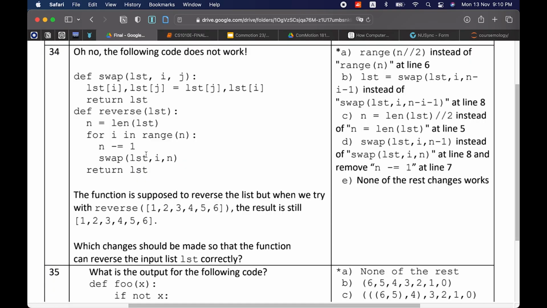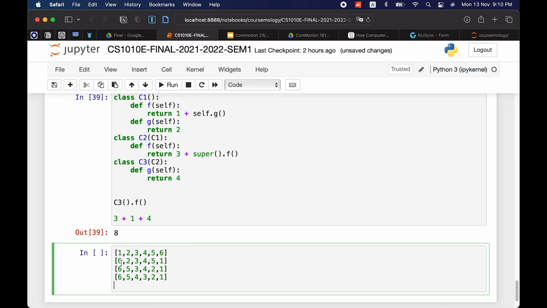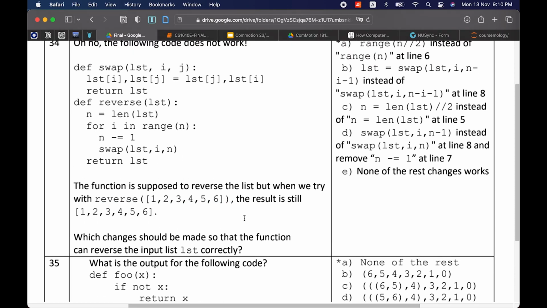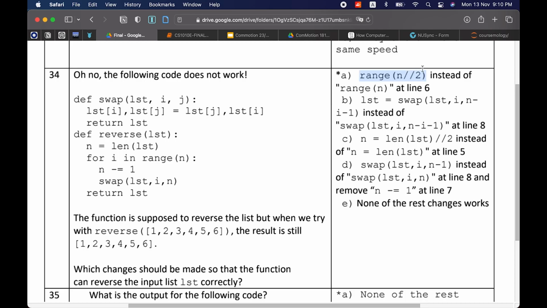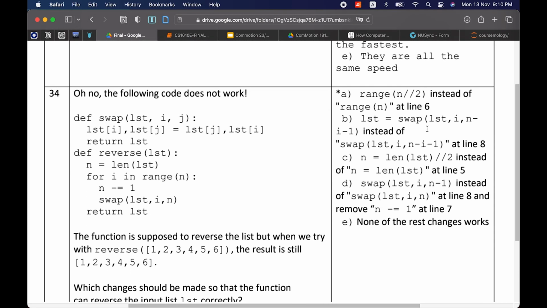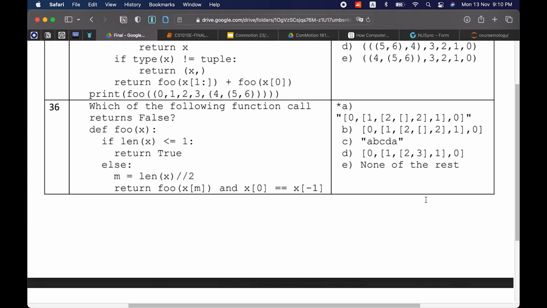So you only need to actually reverse it. You only need these amount of steps, 3 steps. But when you did for I in range n, you're going to do 6 steps because the length of n is 6. So you need half of it only. You know what? The rest are just wrong.